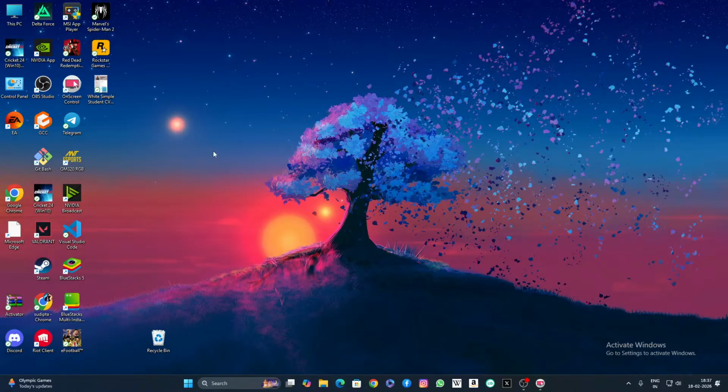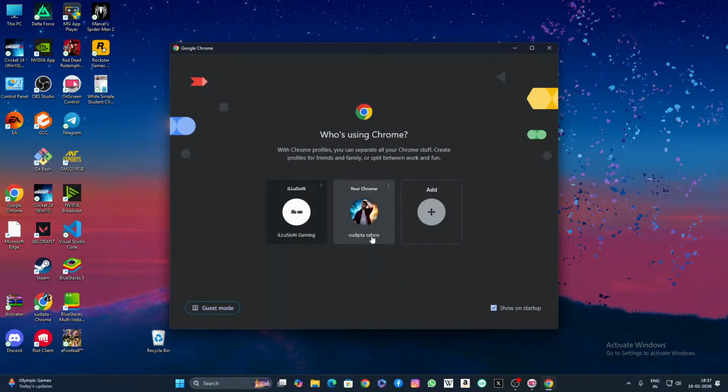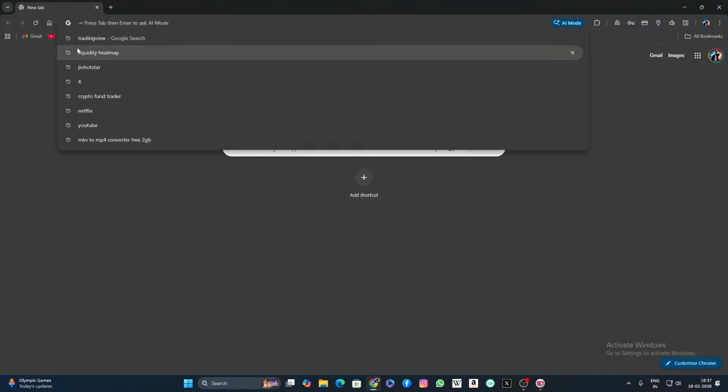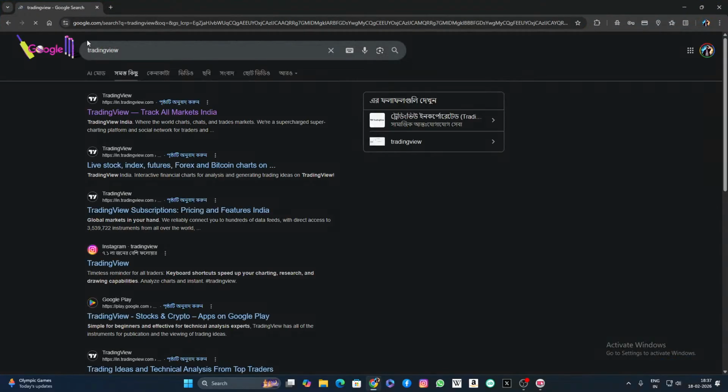So hello guys, welcome to another live. Today I will try to scalp the market live. I will try to find some scalp setups in small time frame and we'll trade based on that. So let's just quickly open the TradingView,